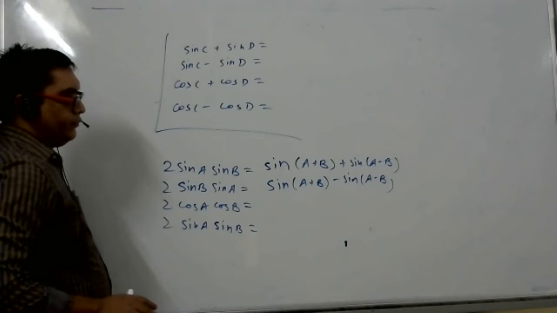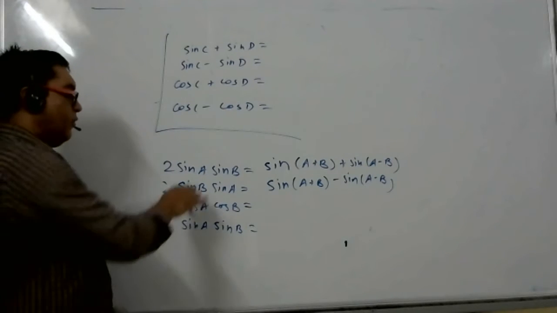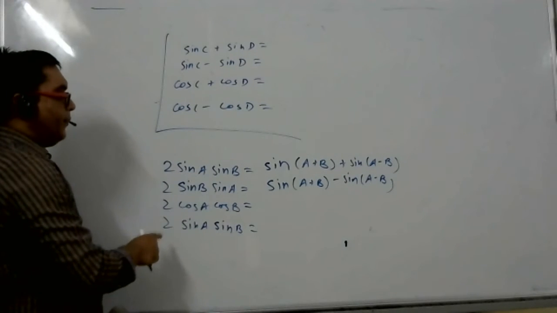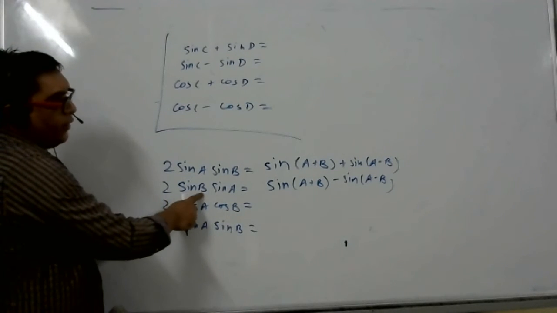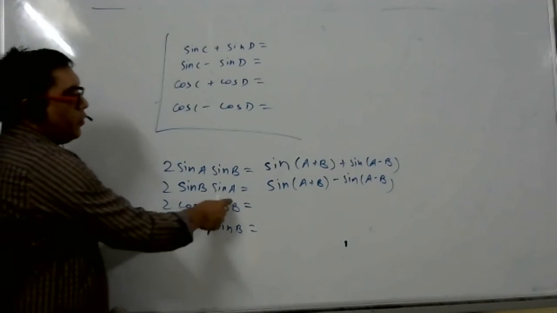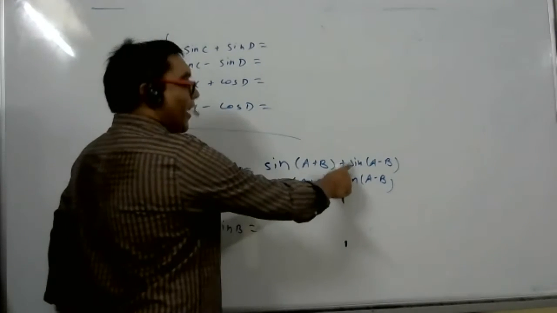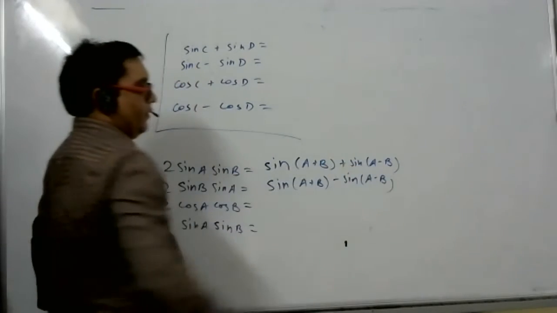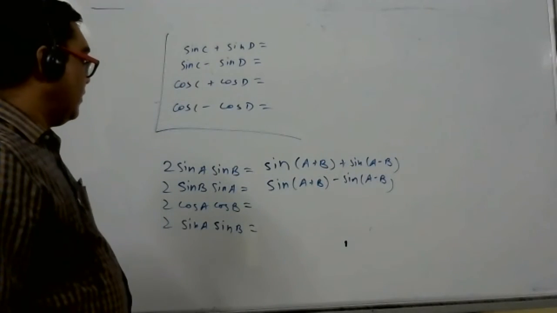Yes, sir. As a whole, one formula will work. Sometimes what happens is they give it this way, so B's magnitude will be more than A. Then this formula will not work? It will work, student. Then you take the minus outside. For B to be greater than A, or A to be greater than B?